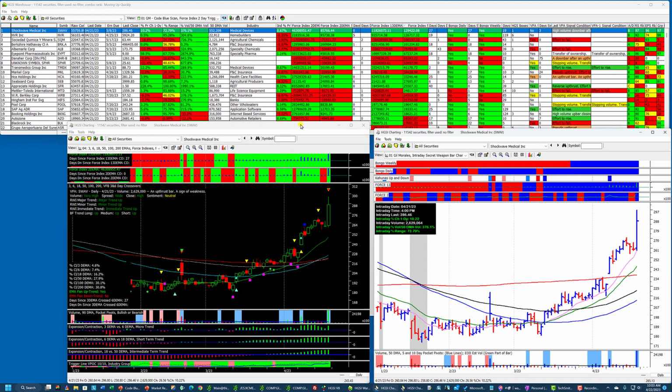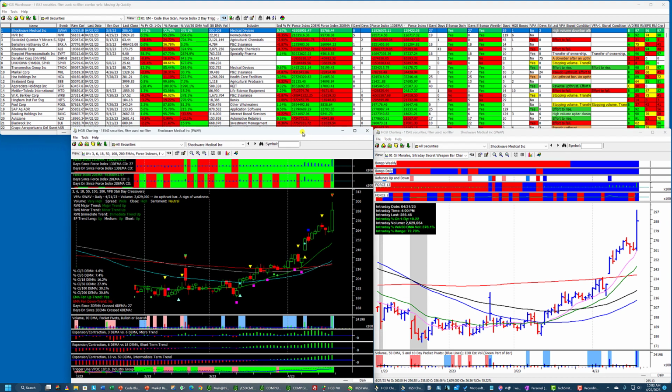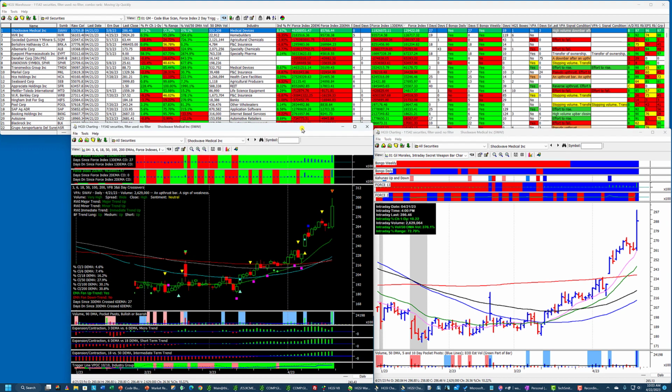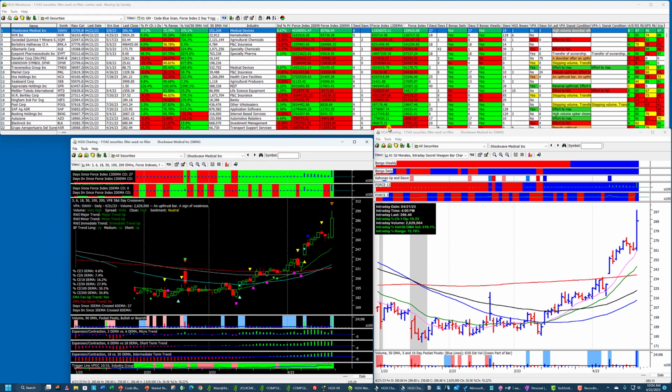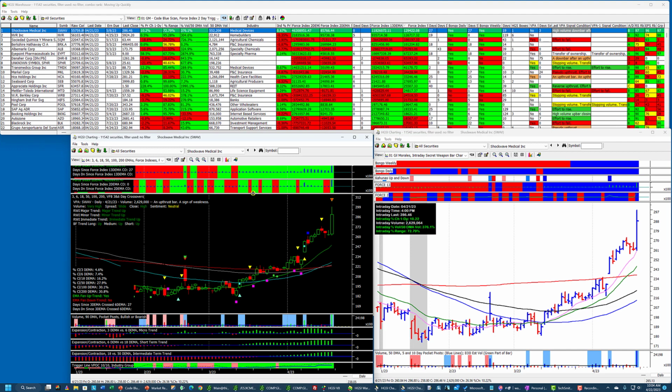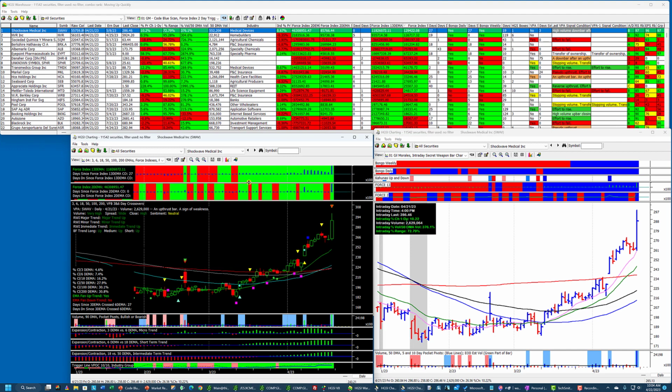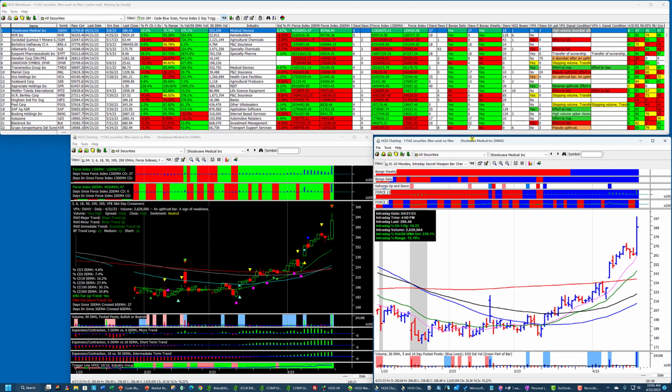Now I'm going to go in here and I'll just have both of these up here on the left window. Now I want to size this so we can see the force number on here, and then I'll make